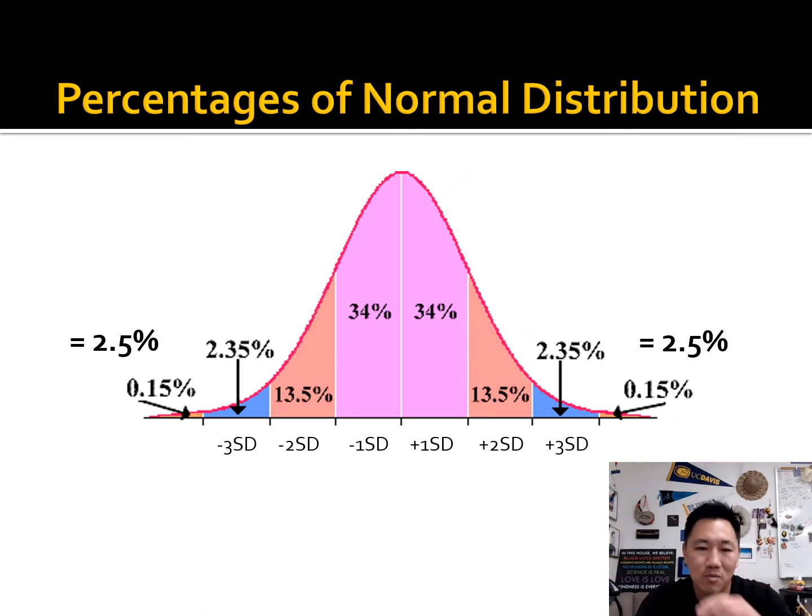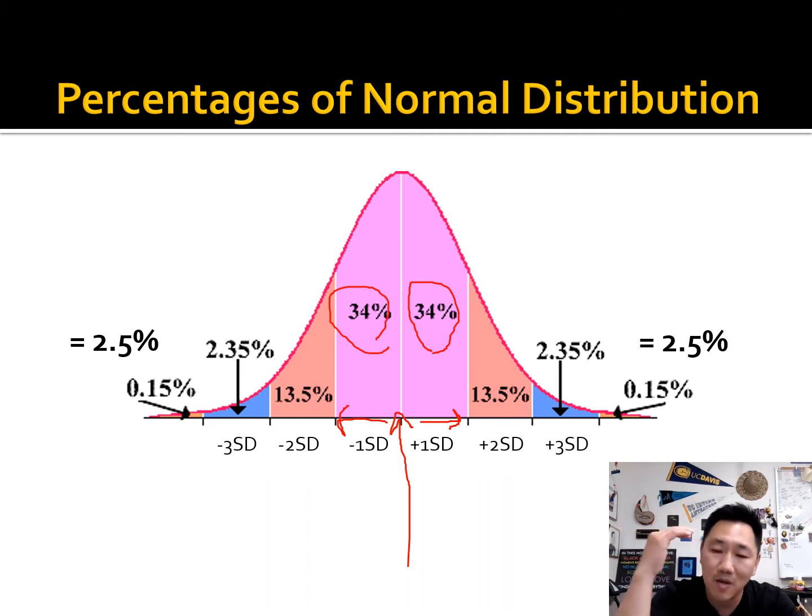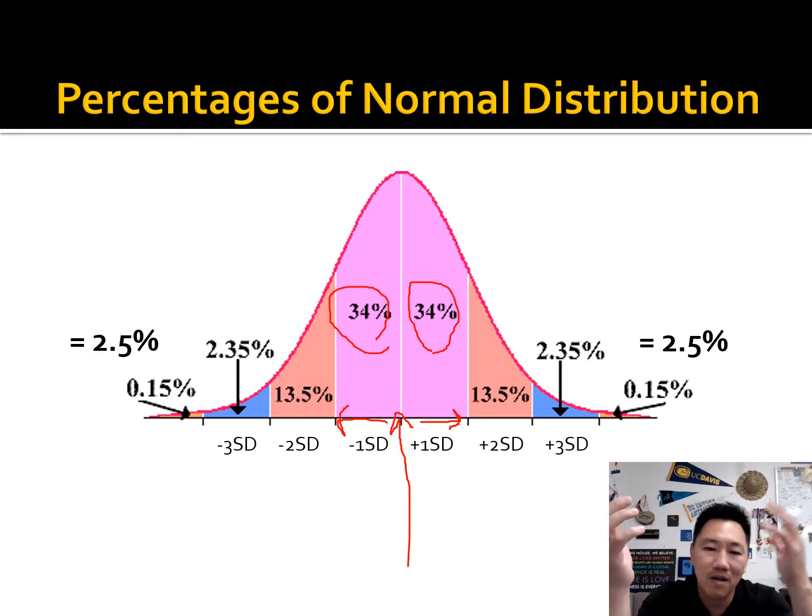Percentages of normal distribution. All right, so this is the percentages for when we ever do normal distribution. Here, right in the middle, is called the mean. And then this is 1 standard deviation forward and 1 standard deviation backwards, each way is going to be worth 34%. Okay, and that's going to be always. Whenever I talk about normal distribution, the one standard deviation away is always going to be 34% above and 34%